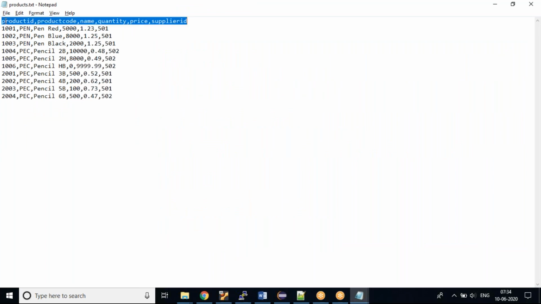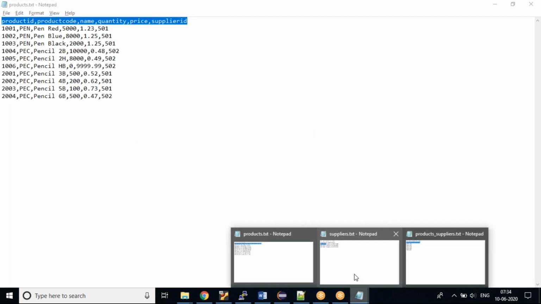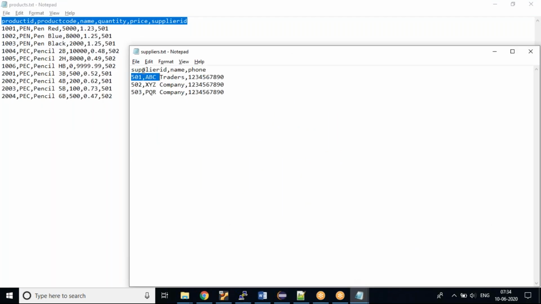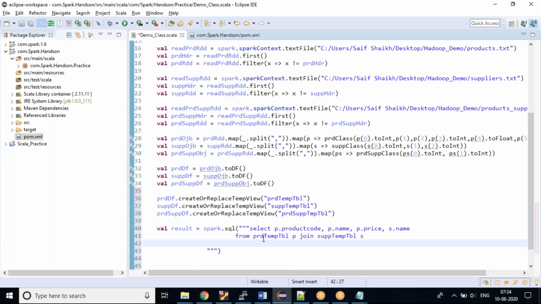In my products I have a product ID, and in my suppliers I have a supplier ID. So in both tables I have a common column, supplier ID. So I would be writing the join on that column: p.supplier ID equals s.supplier ID.